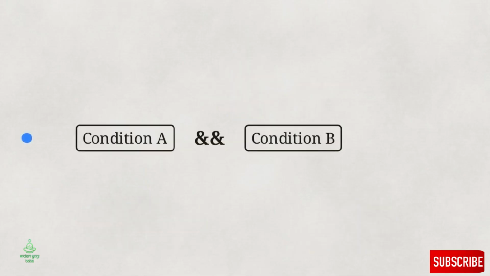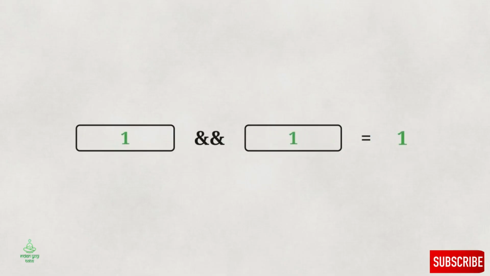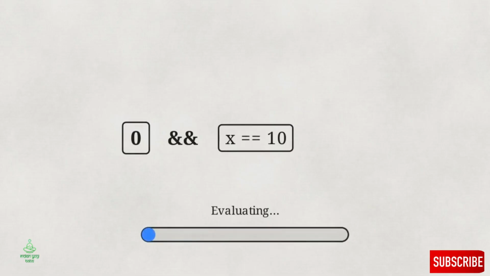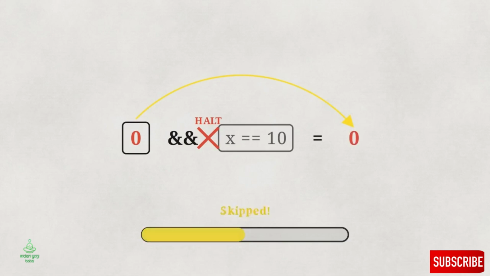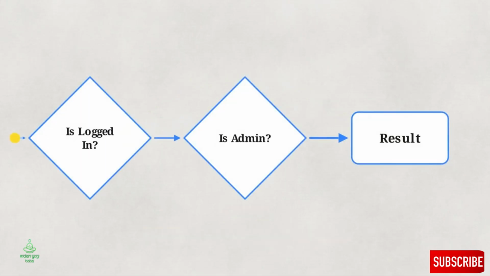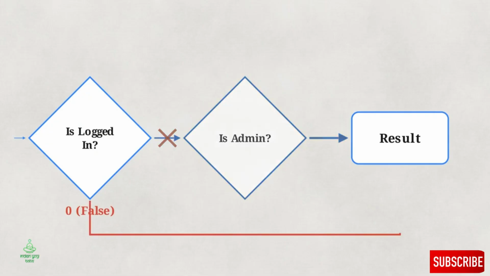Logical operators link conditions. AND requires both conditions to be true, while OR is met if either is true. C increases efficiency through short-circuit evaluation. If the first half of an AND operation is 0, the computer immediately halts and skips the remaining check. Short-circuiting allows programs to process complex decisions with minimal effort. By skipping unnecessary calculations, the system handles multivariable logic while preserving processing resources.